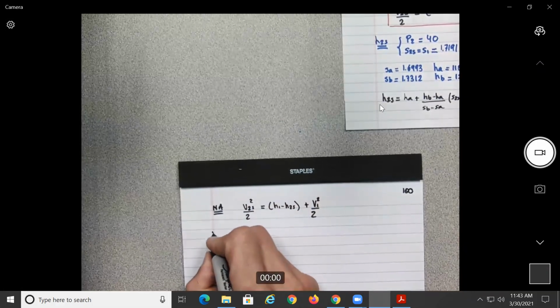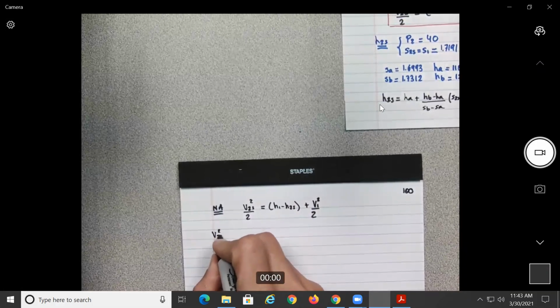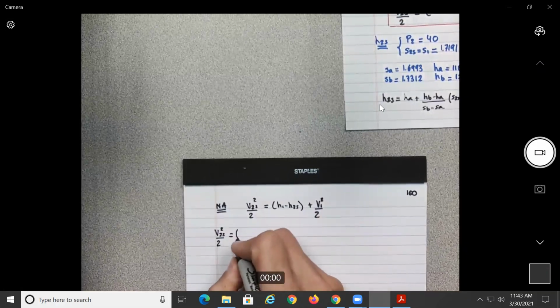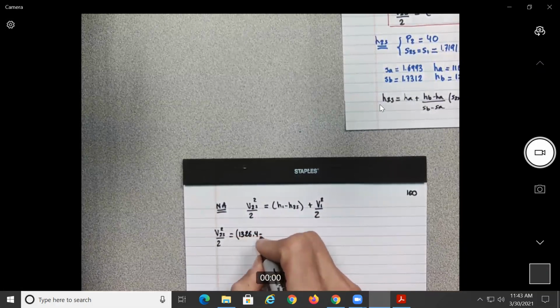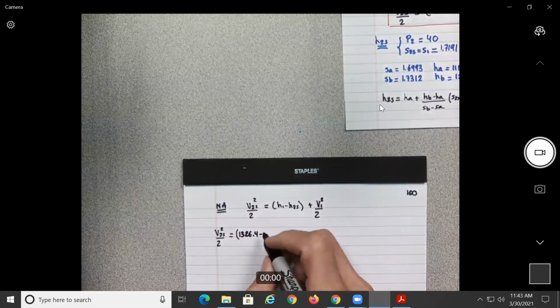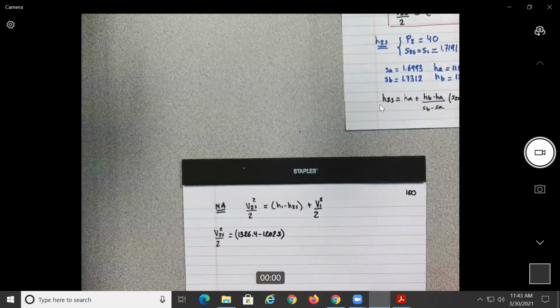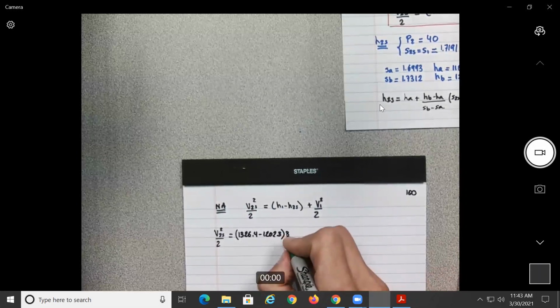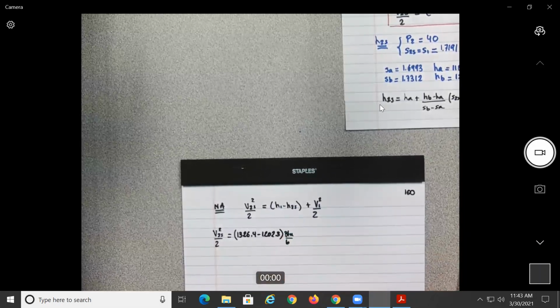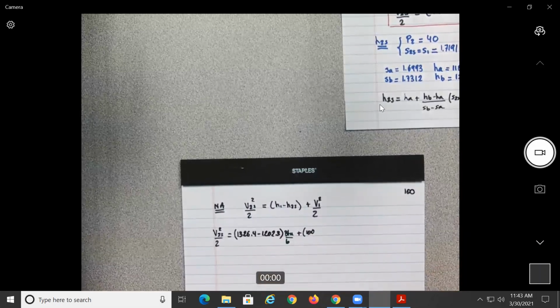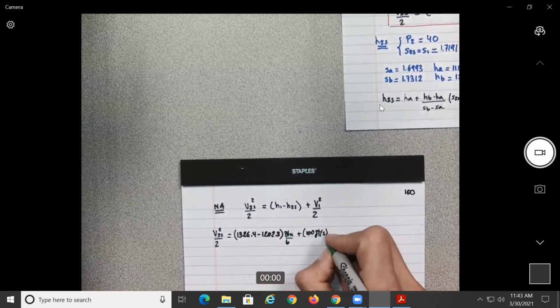So that's going to give us V2S squared over 2 equal to what? The H1, that was equal to 1,326.4 minus the H2S, which is 1,202.3. Remember, this is BTU per pound, and here would be exactly the same thing, plus feet per second